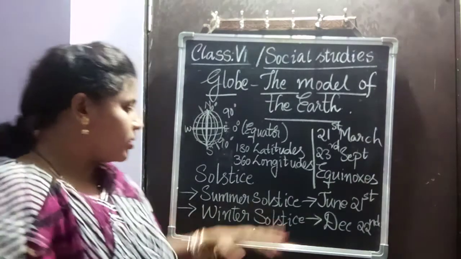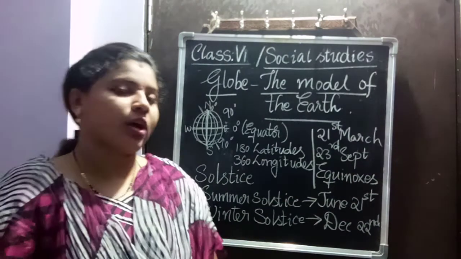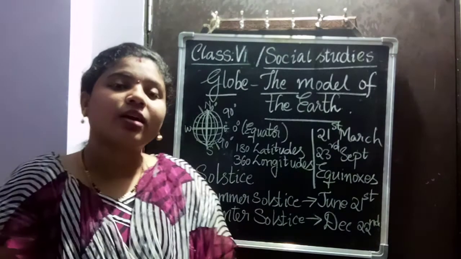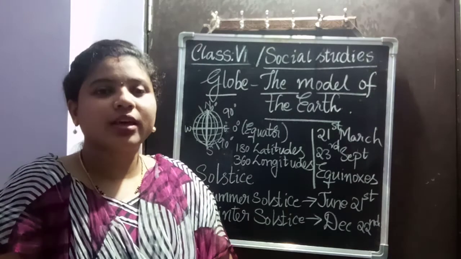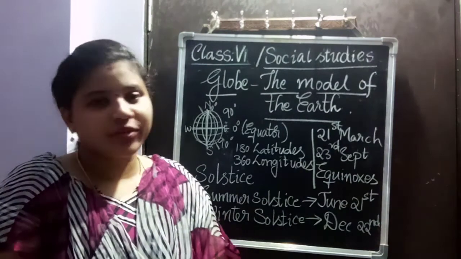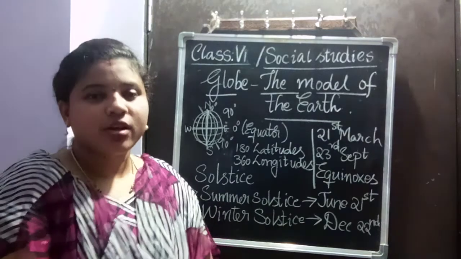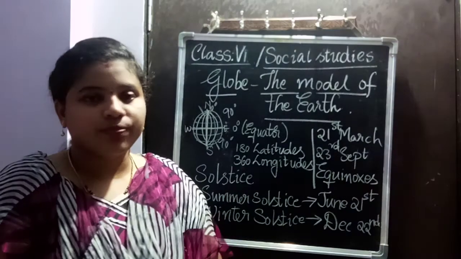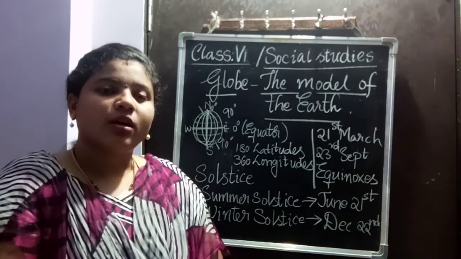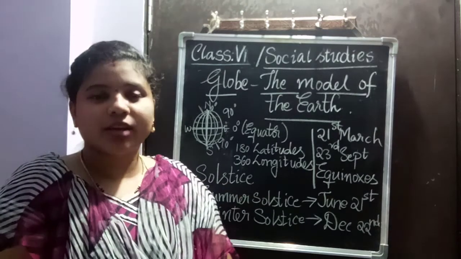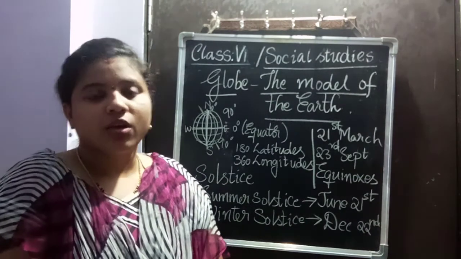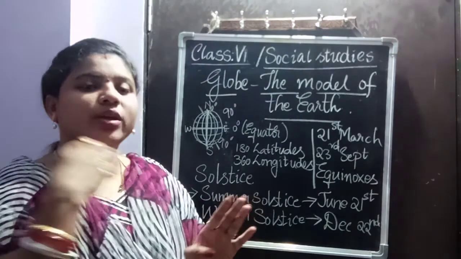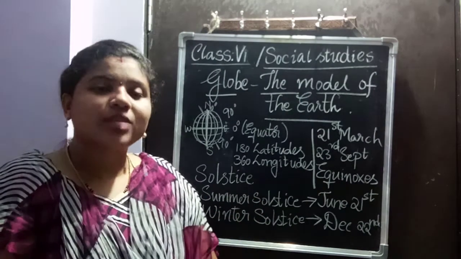So this is about the solstice and equinox. Now one more thing the earth shows is the eclipse. Yes, we have seen the eclipse so many times, isn't it? Solar eclipse and lunar eclipse. The eclipse, or the grahanam, that happens in the daytime is known as the solar eclipse, whereas the eclipse which happens during the night time is known as the lunar eclipse.